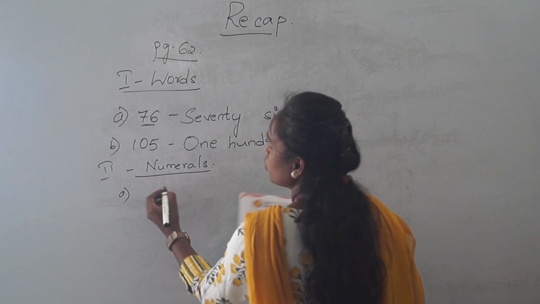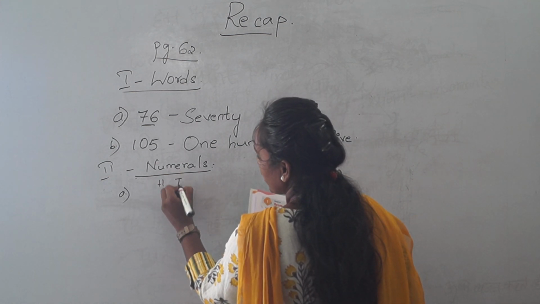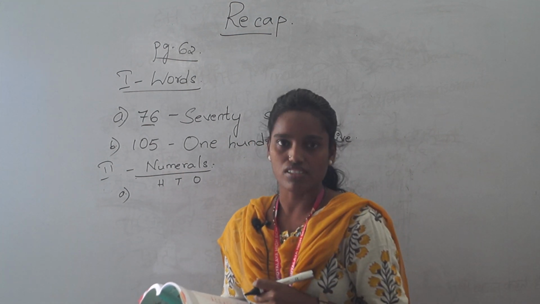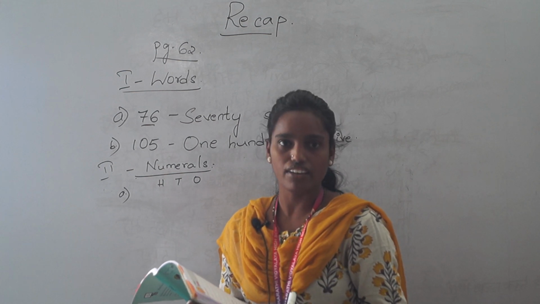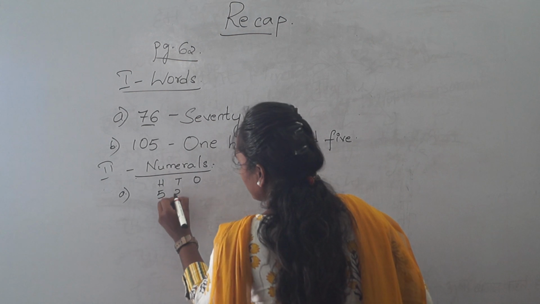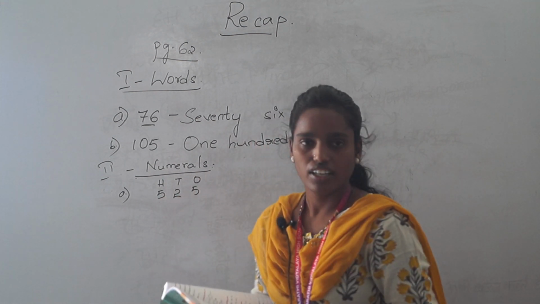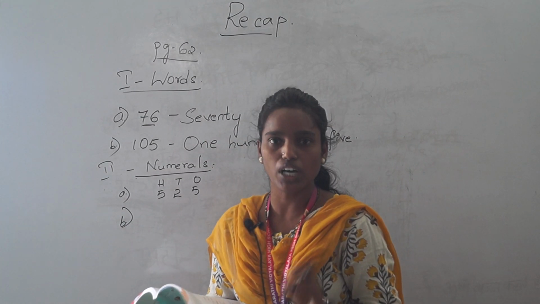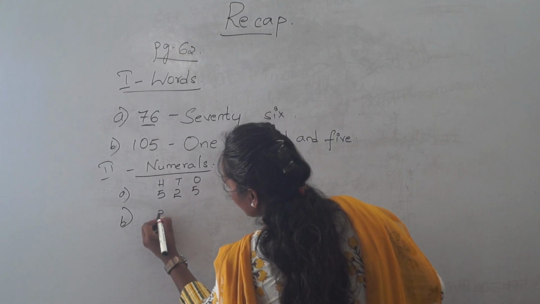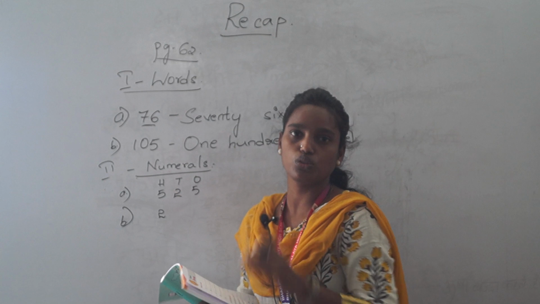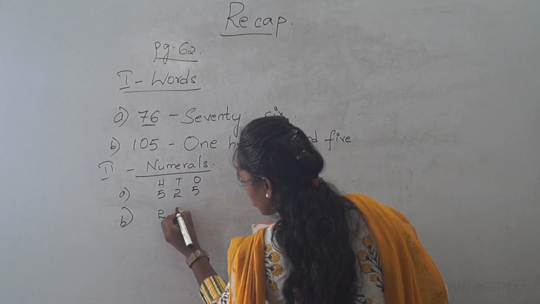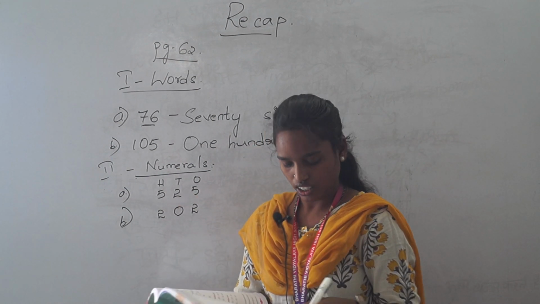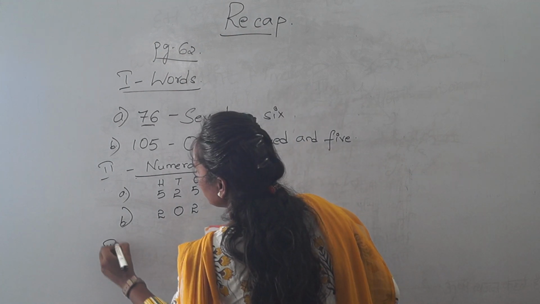First, for an easy method you can write hundreds, tens, ones place value. Based on this place value we can easily write the numerals. So here in hundreds place what is there? 5. 525. Got it, children? And next, B is 202. In hundreds place we should write 2. And no tens place, so in the tens place we should keep 0 and in ones place 2. Okay children, got it?